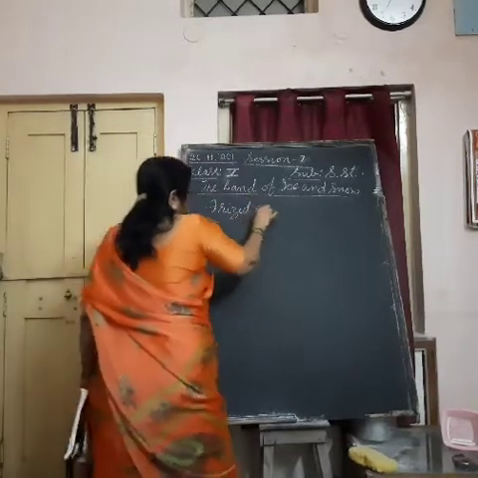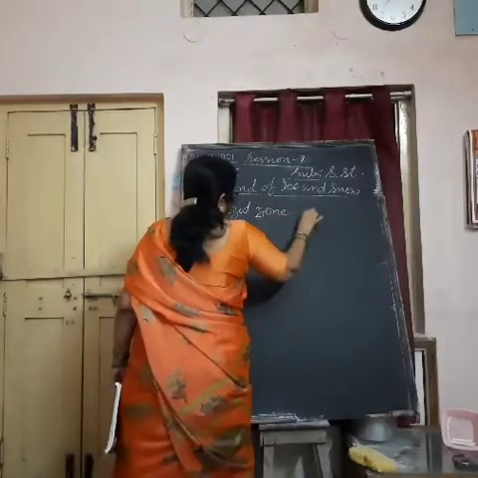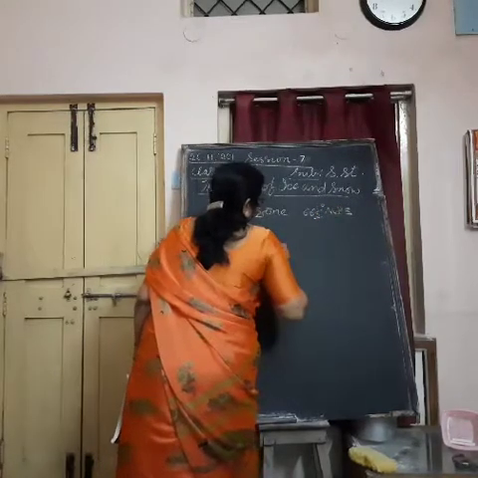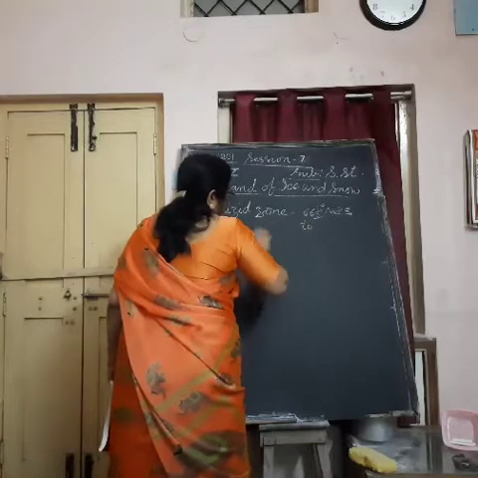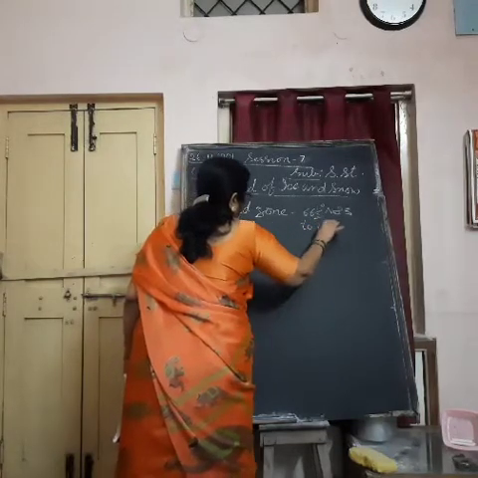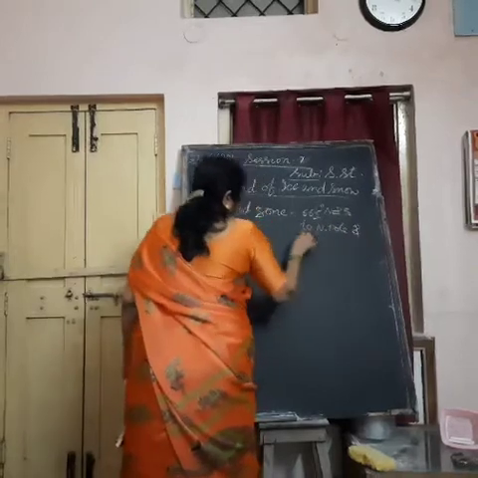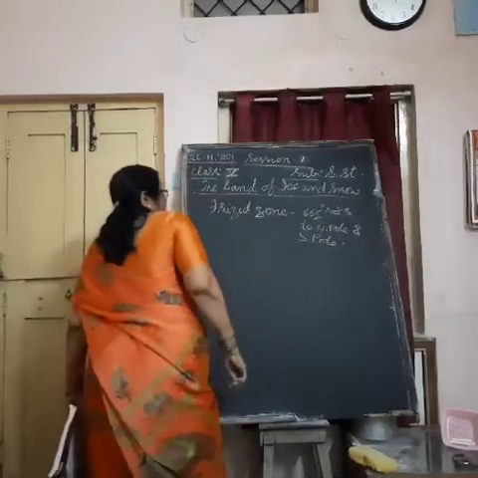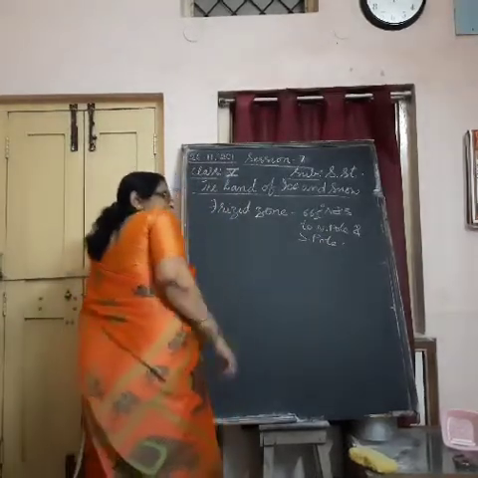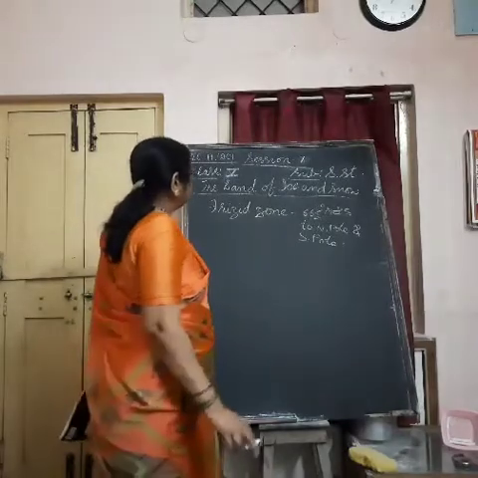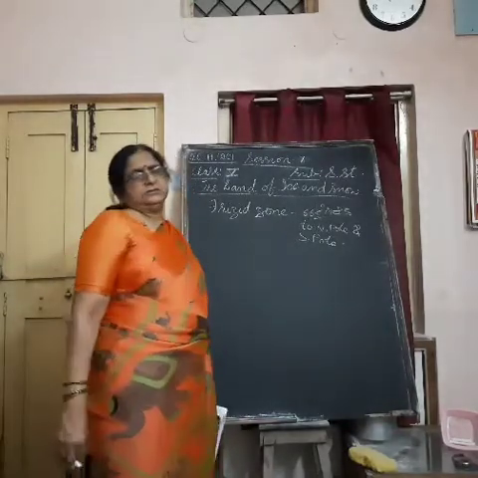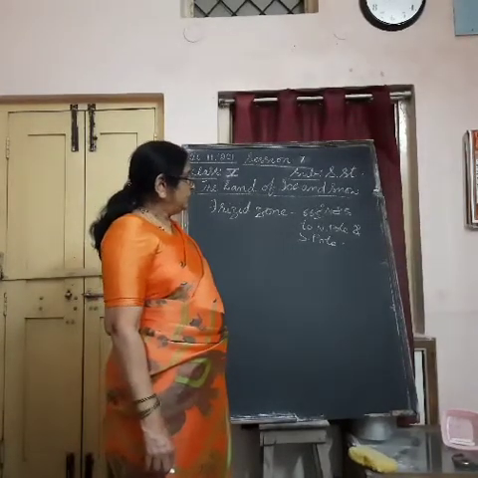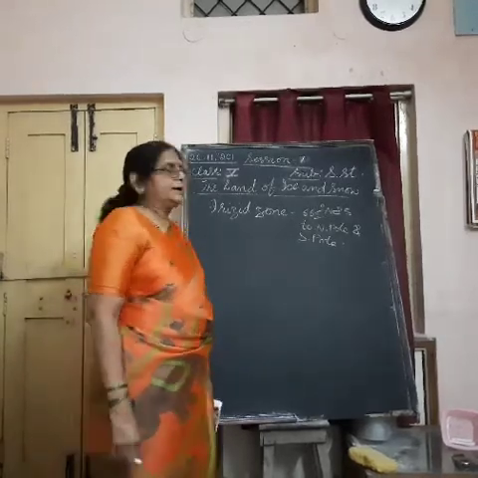The frigid zone is located between 66.5 degrees north and south latitudes to the North Pole and South Pole. So this is the thing we are going to know. Mostly in this lesson we are going to know about the North Polar region, as it is located in the polar region, around the North Pole